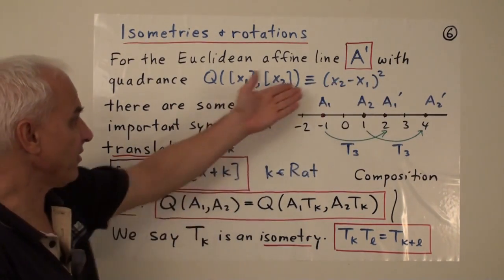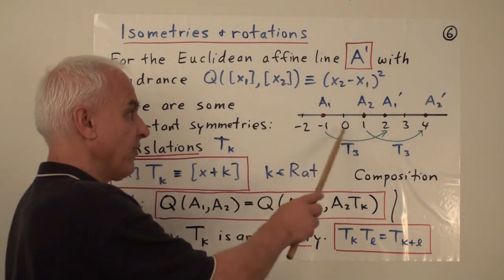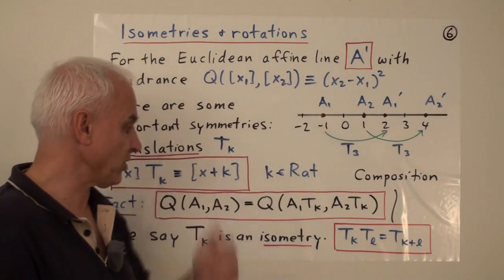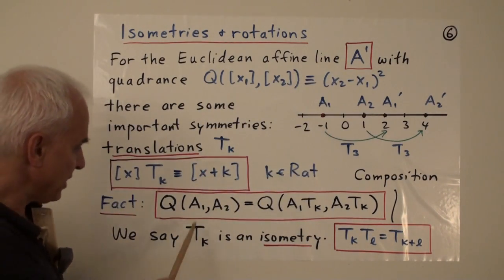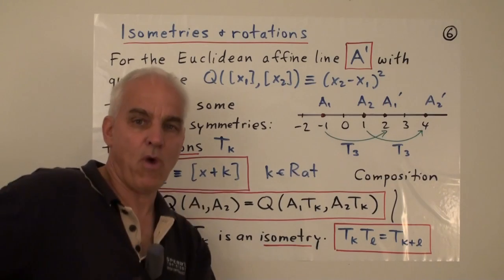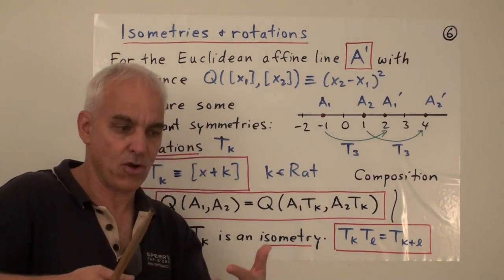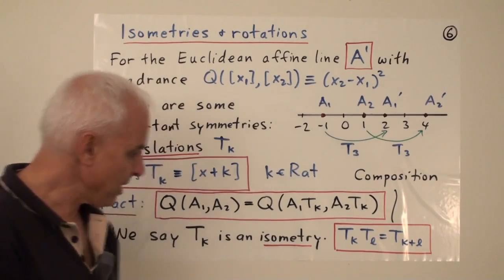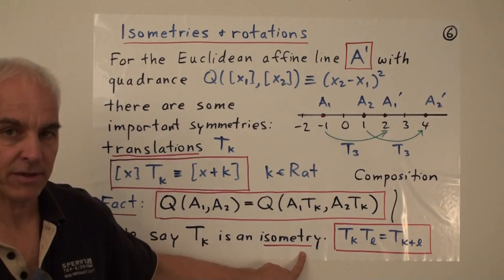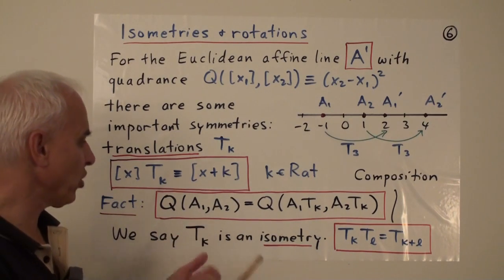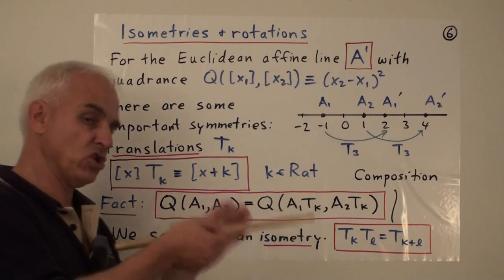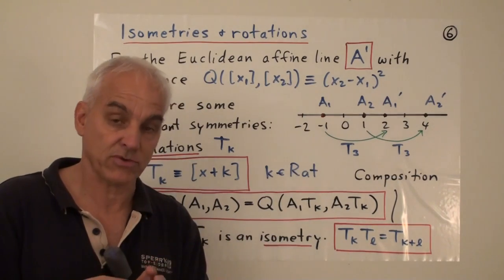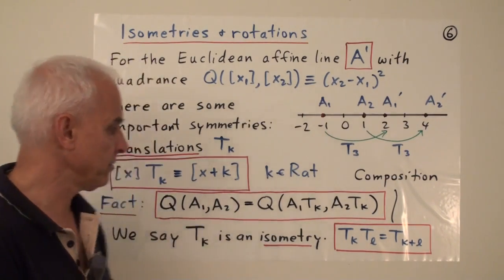It's kind of obvious that if you add k to this number and you add k to this number, then they cancel and the quadrance doesn't change. This property of preserving a quadrance, of doing something and the quadrance is still the same as it was before, even though the points have moved, we call in mathematics an isometry. It's a special term referring to a situation where we have a geometry with a metrical structure and we're moving things in such a way that the metrical structure is essentially unchanged.